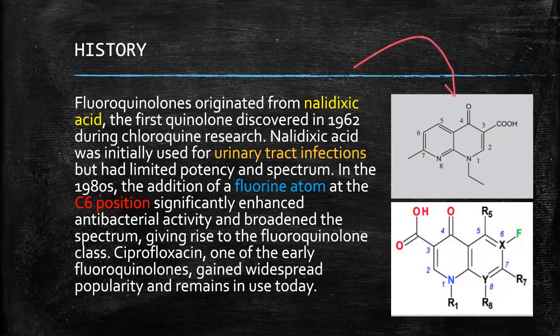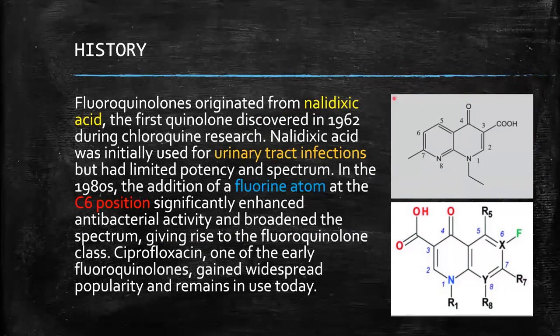If we look at the structure of nalidixic acid, we will see the presence of the quinolone ring in it. Nalidixic acid was discovered in 1962 during research on chloroquine. Chloroquine is basically a malarial drug. Nalidixic acid was initially used for urinary tract infections, but due to its limited potency and spectrum,